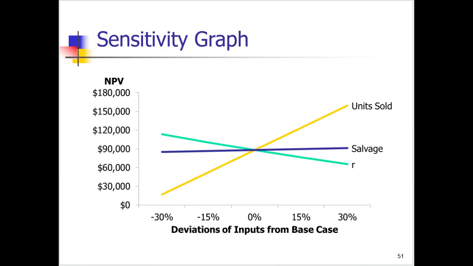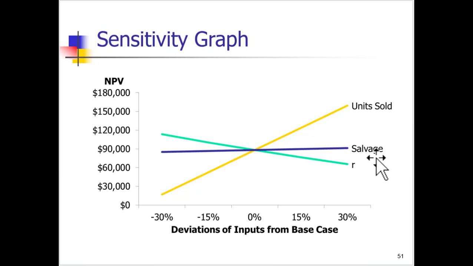So let's see a picture and how we might get this. R is the required return. That's our net present value profile, actually. But the units sold, you can see that there is a positive relationship. Hopefully this makes sense. The more things you sell, the greater the cash flows, the greater the net present value. But what we find here is the salvage value is very flat. What I get from this picture is that the most sensitive variable here is